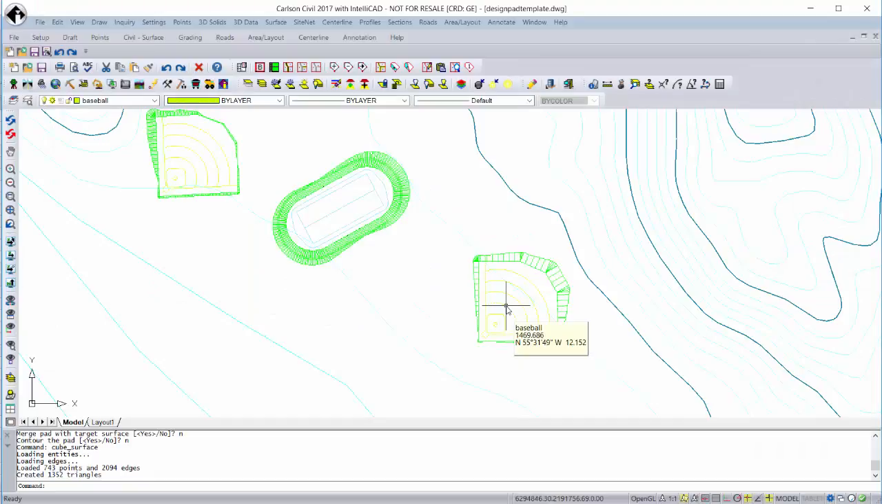And you could do this with any types of site design shapes, building pads that are complex, that have maybe multiple elevations inside of them, sport complexes like this, sewage treatment plants perhaps. A number of different things lend themselves to this type of